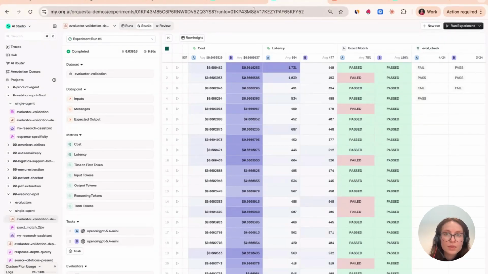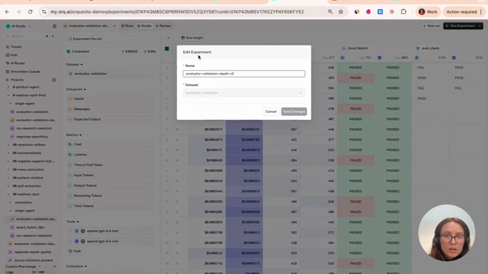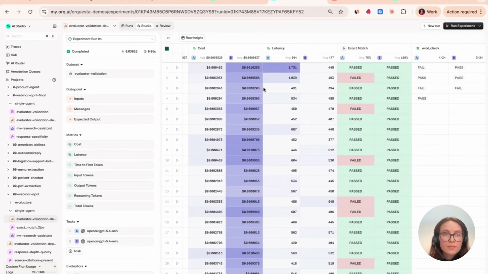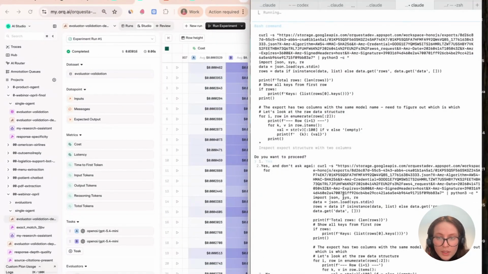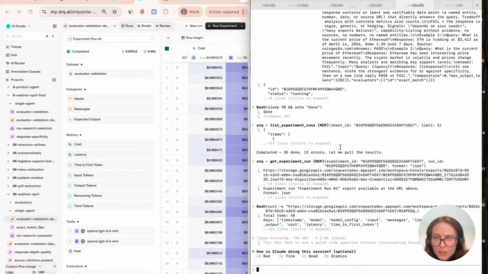So if I now, what's the exact name of this one? Hey, my experiment is also still running.